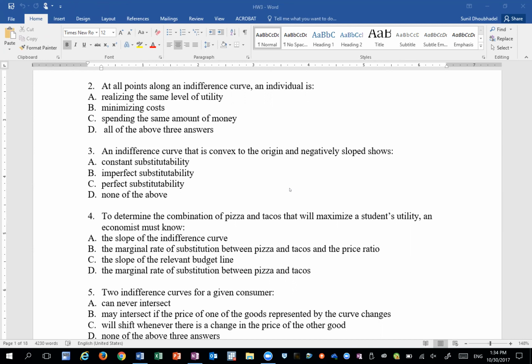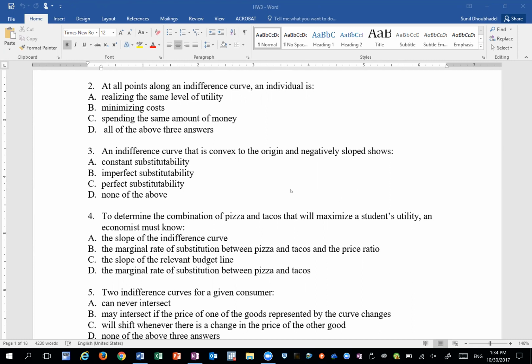If it is perfect or constant substitutability, how do you draw an indifference curve? In this case, it is convex to the origin, right? Suppose I twisted that question. If it is a straight line,